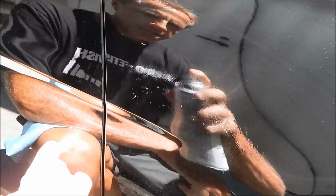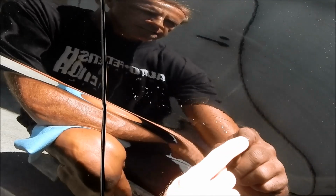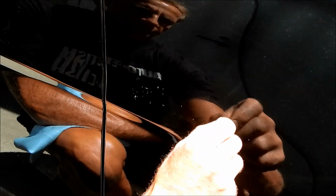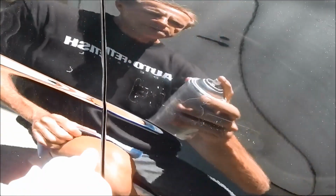This is effective and probably the better option for a do-it-yourselfer, someone that just wants to do this on his own car. He's not a professional, he's not looking to do this over and over again. So it will work. I have a product that works better, my rapid remover, but it's very expensive, and by expensive I mean relative to other products. So unless you plan on doing a lot of it, or you really value your time and want to cut to the chase...